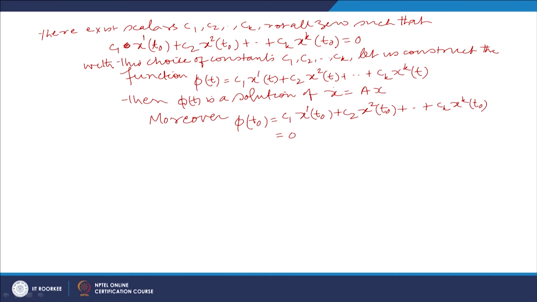So, phi t naught is equal to 0. So, phi t is a solution of the differential equation x dot equal to Ax such that phi t naught is equal to 0, and this means that phi t must be 0 for all values of t. Okay. So, by the existence uniqueness theorem,